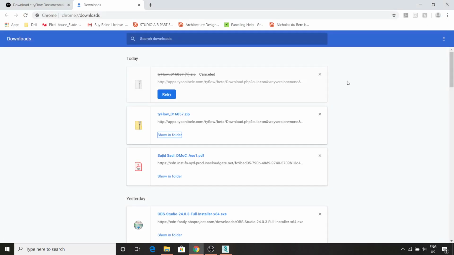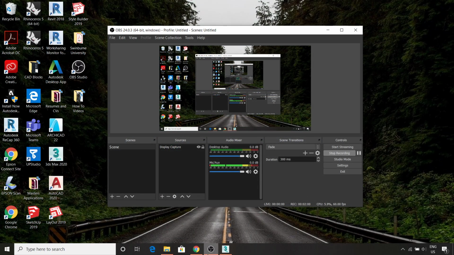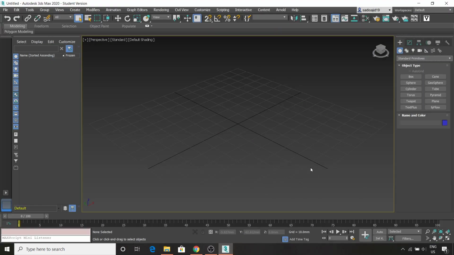So the next thing you do is, after you finish installing, go back to 3ds Max and restart it. And once you open 3ds Max again, you will see under standard primitives, Tyflow is showing. So you can use that